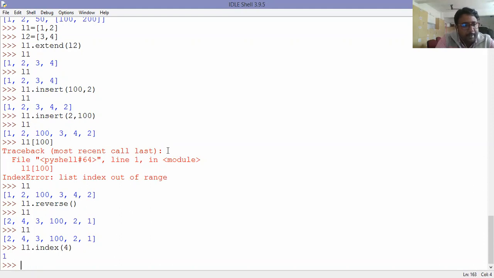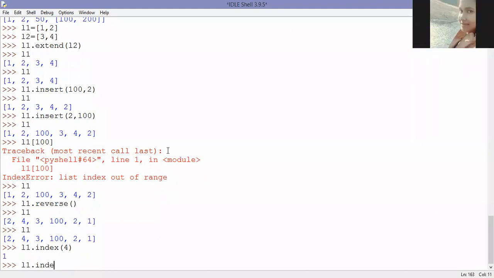It is giving me the correct index value, right? 4 is at index number 1 only. Is this okay, students?